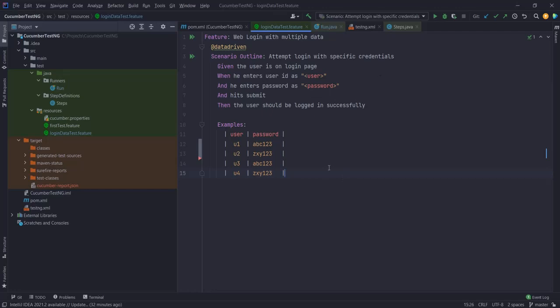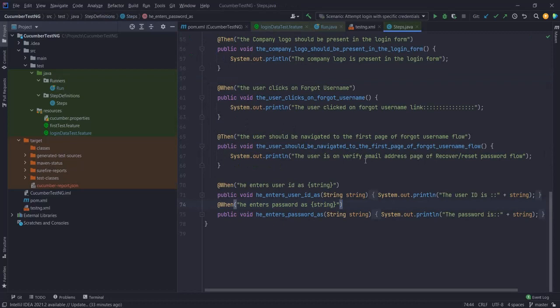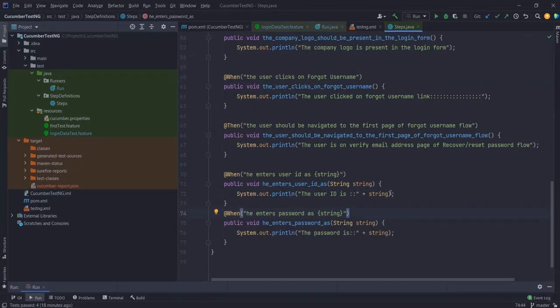So that was about the feature file. So what changes do we have to make in our step definition? In our step definitions, the lines which are normal, the lines which do not have this kind of syntax, would be the same as before, and the lines which have these would have certain changes. Let's have a look into that. As you can see, there are actually two changes to my regular syntax. That is because of the use of scenario outline.